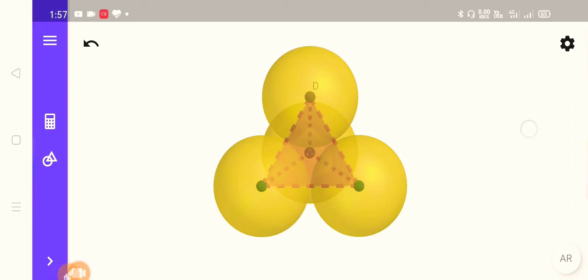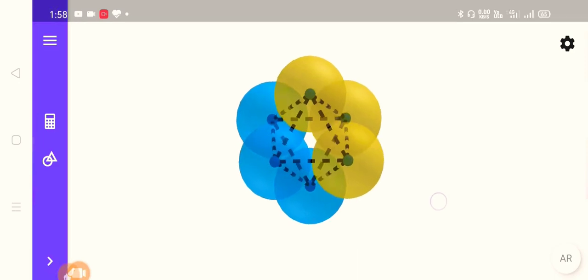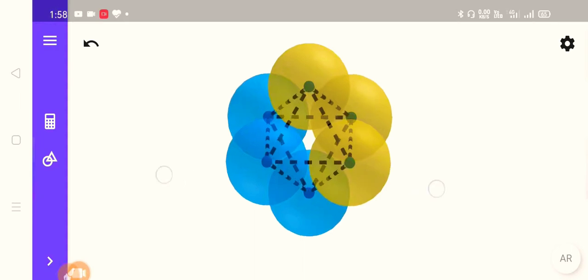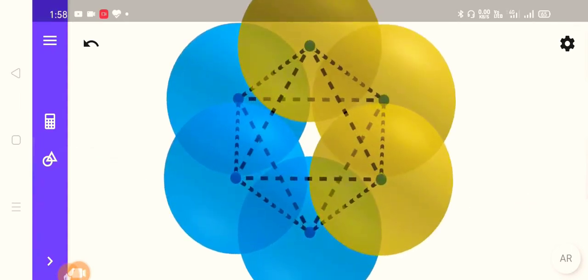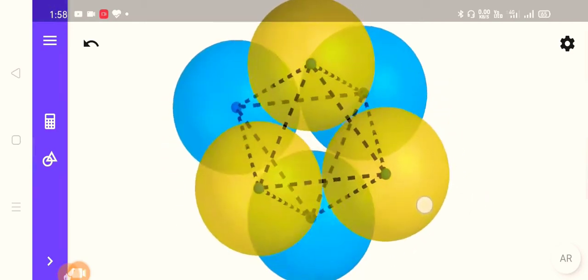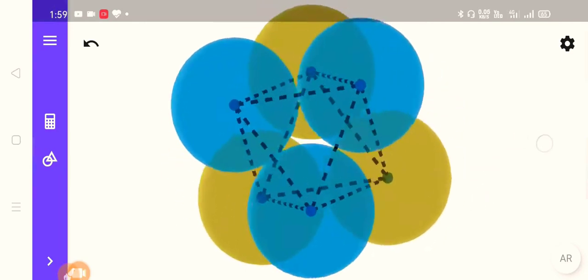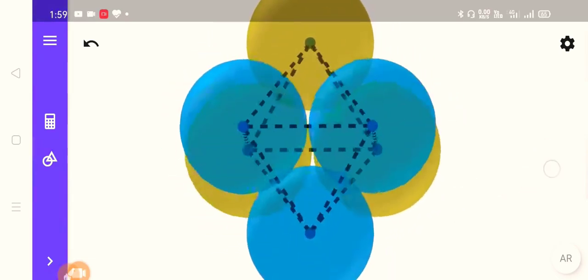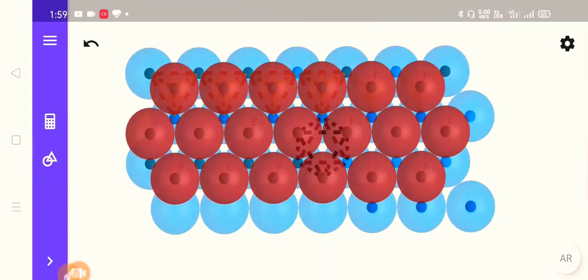Now let us find octahedral voids in two hexagonal layers placed on top of each other. But first, a point to be noted: we need 3 spheres from the first layer and 3 spheres from the second layer, which create opposite triangles. Okay, and you can see through the octahedral void. As you can see here, we can see through the octahedral void, and we have 3 triangles from the first layer and 3 triangles from the second layer, and both create opposite triangles.